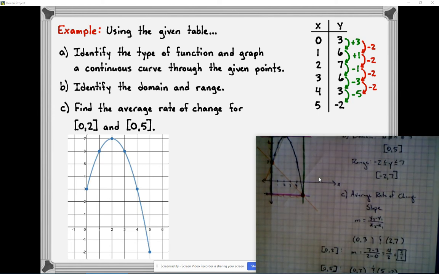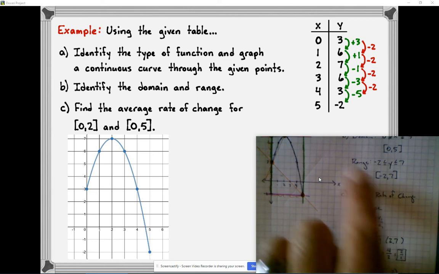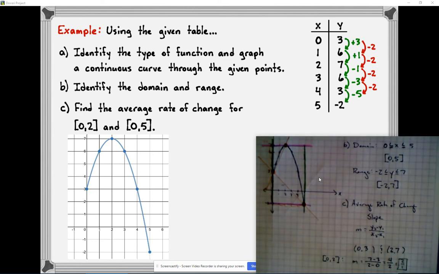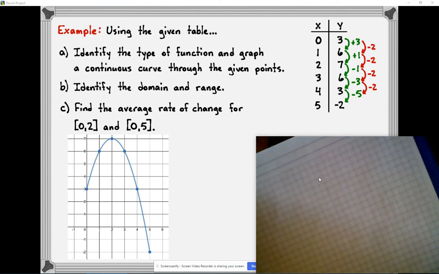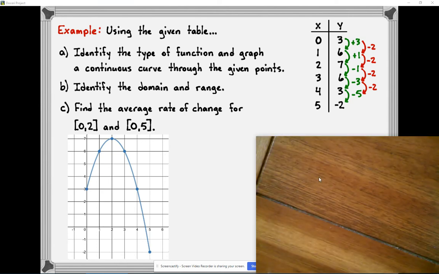Now, again, the average rate, we're going to do a lot of practice with that. The domain and range, we're going to do a lot of practice with that. So don't stress out on that if you don't fully get it right now. If you have any questions, make sure you are asking me, though. Okay? Let's go ahead and go on to the last